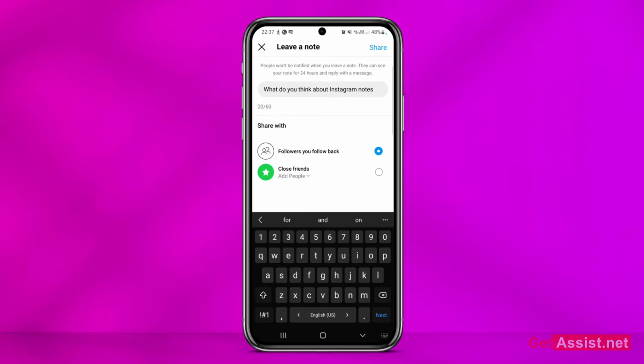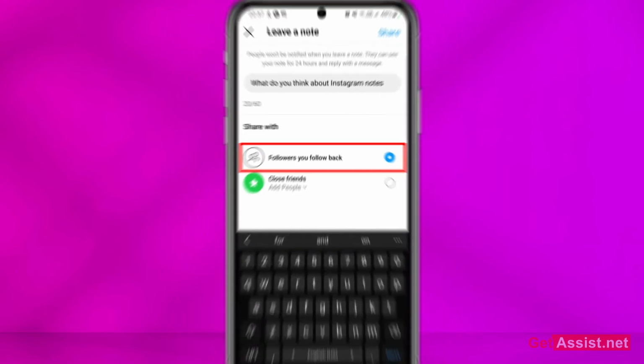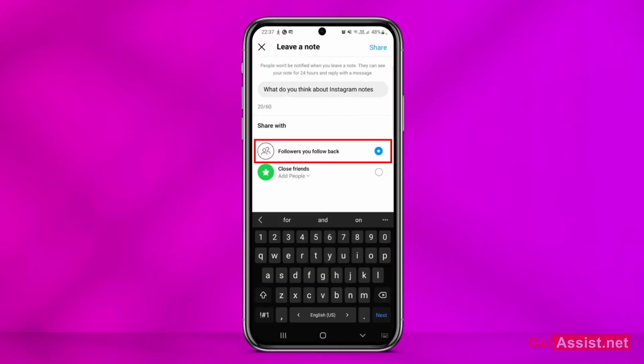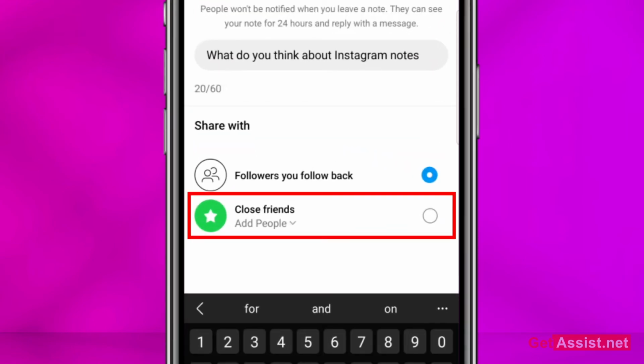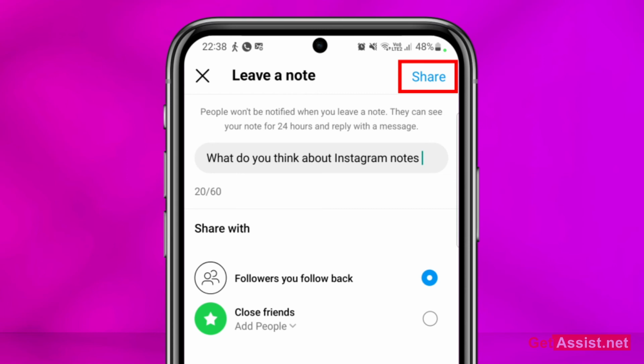Now if you will see just below this, you can share it with followers you follow back. So this will not get shared with all your followers, only with them who you do follow back. Alright, so for example, if you have your close friends who you follow back, or if you are an influencer but you only follow some people, so only they will be able to see your notes. Not every single one of your followers will see your notes. Or you can even filter that out by choosing close friends. If you just want a few friends to see your note, you can go for the close friends option. That's up to you. Once you are done typing a note, simply tap on share